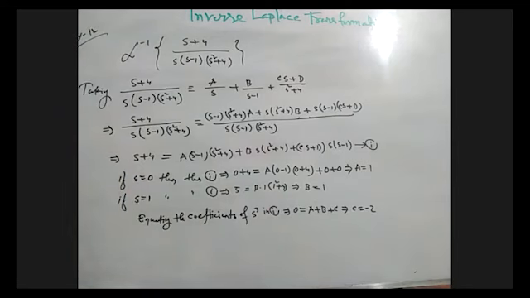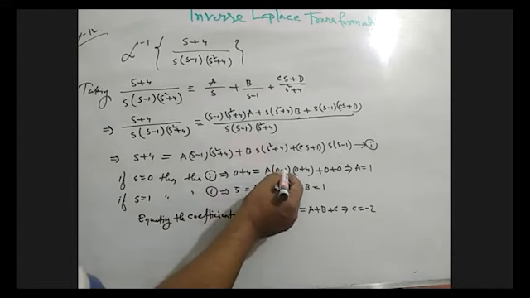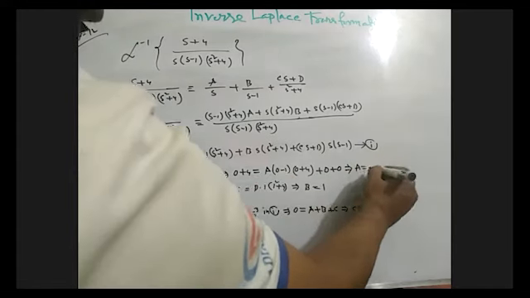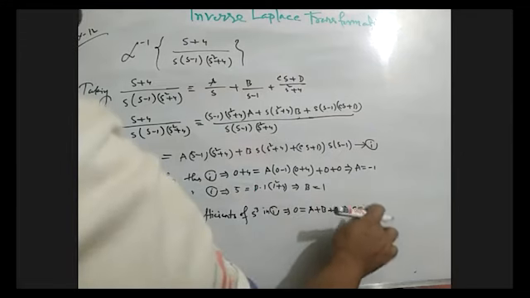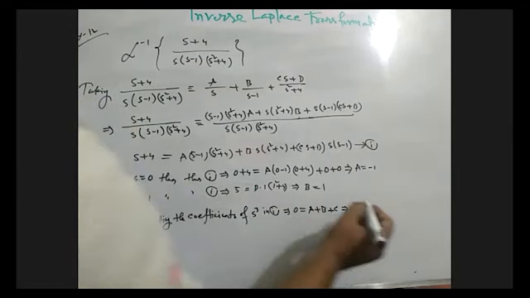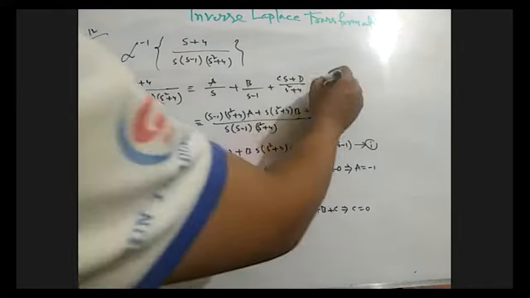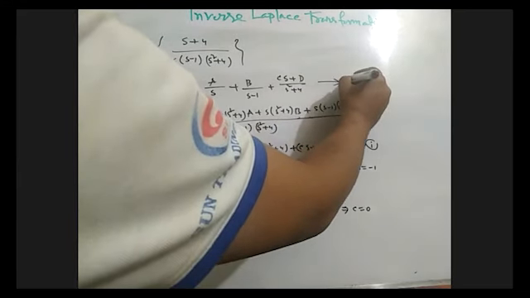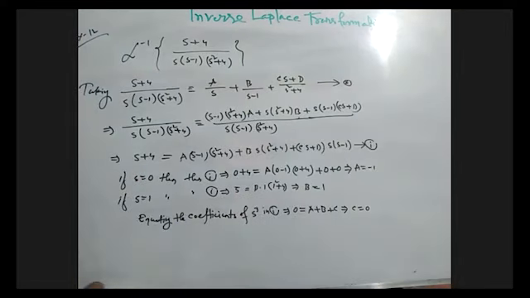Sorry, here a equals minus 1, and b equals 1. So a equals minus 1 and b equals 1, and c will be 0. So now the real function, this is the supposed main fraction. So hence,